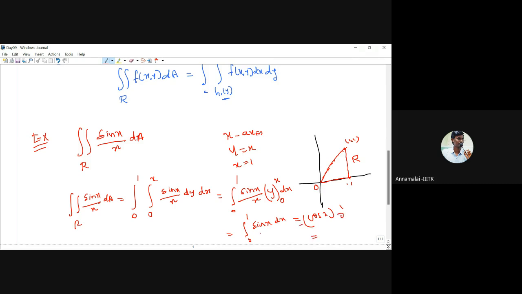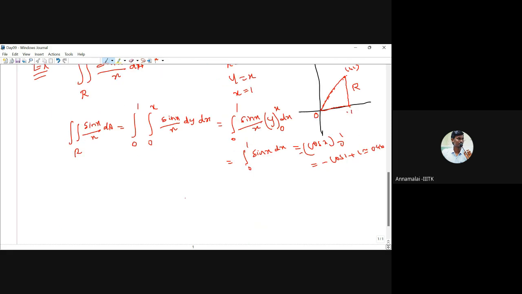minus cos x, because the integration of sine is minus cos. So we get minus cos 1 plus cos 0, which is 1. So it's approximately 0.46. So we will get the answer. But suppose you want to change the limit, then what will happen? If we change the limits in terms of x,